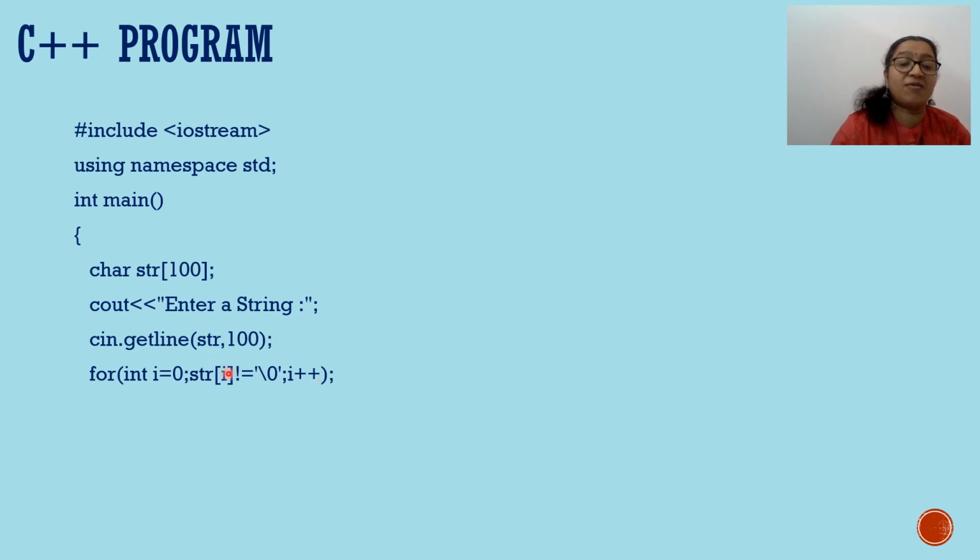So str of I not equal to \0. Again, we are checking with the third letter, then the fourth letter, fifth letter. So it will check until it reaches \0. The loop will continue till we get that \0 letter. Okay. So after the execution of this portion, the testing and updation part, we will get the length